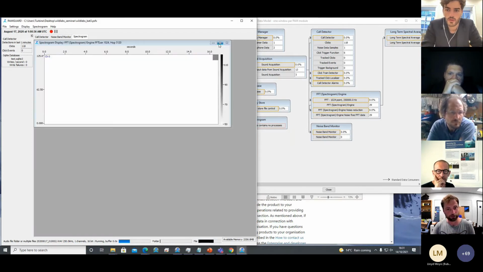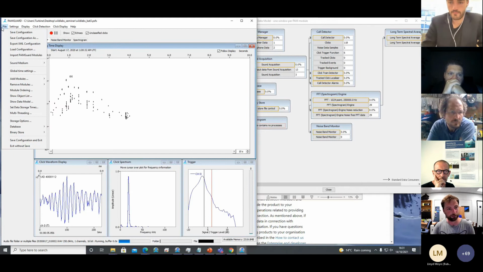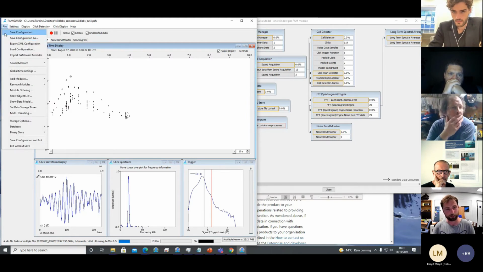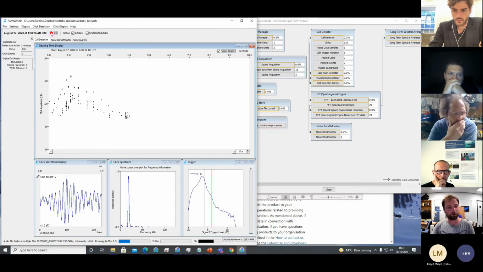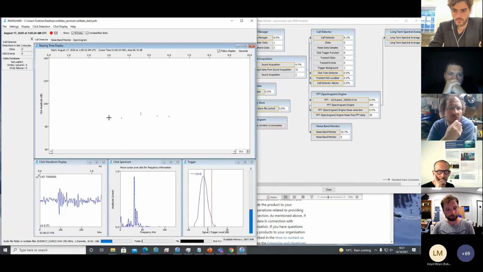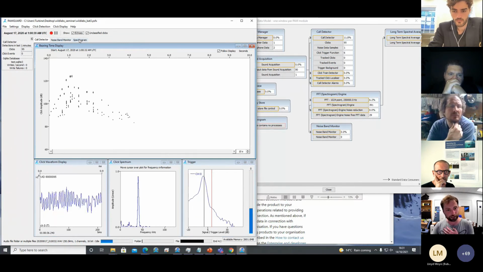Spectrogram, new display, bring that up there. Okay, I'm always pressing the save configuration thing, by the way. It's a good idea, just in case PAMGuard crashes, which obviously never happens. But okay, so now we are processing the data,